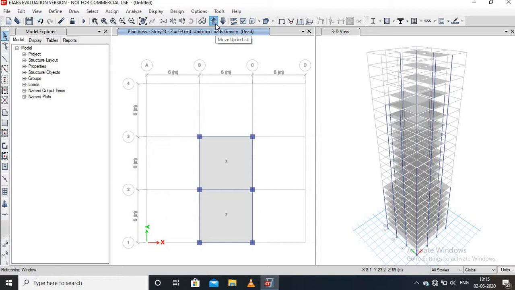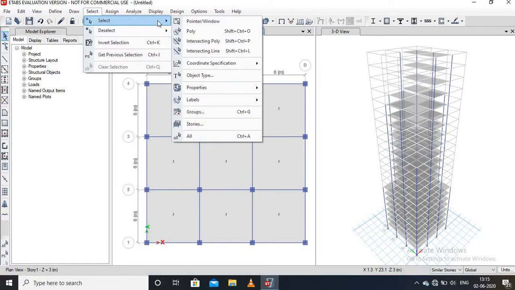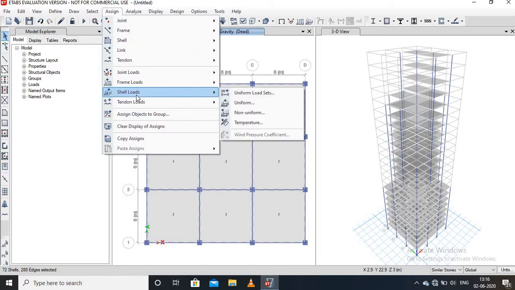After application of the dead load, we have to apply the live load. Then go to story 1. Select similar story because live load is different for different stories. Then select cell. Go to the assign menu, go to the cell load option and go to the uniform load.